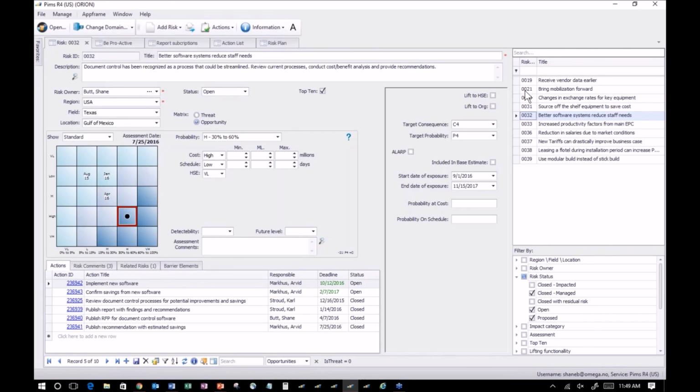On the left hand side there with the color scheme, you can see the date of the last assessment of this particular opportunity, which was July 25. And you can see some areas here where we specifically look at the probability of this opportunity being realized. So it's currently marked as high, between 30 and 60% probable, but also the consequences from different categories. For instance, cost, schedule, health and safety,